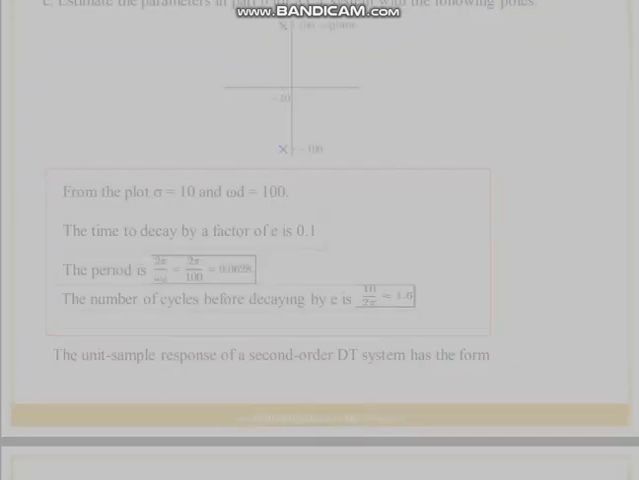C. Estimate the parameters in Part B for a CT system with the following poles. From the plot, sigma equals 10 and omega d equals 100. The time to decay by a factor of e is 0.1. The period is. The number of cycles before decaying by e is. The unit sample response of a second-order DT system has the form